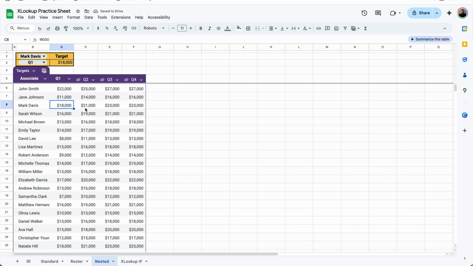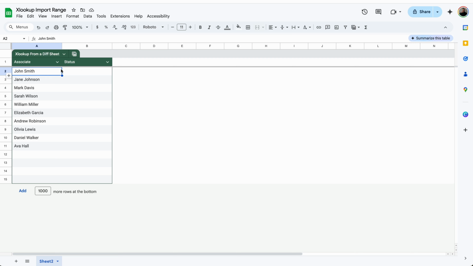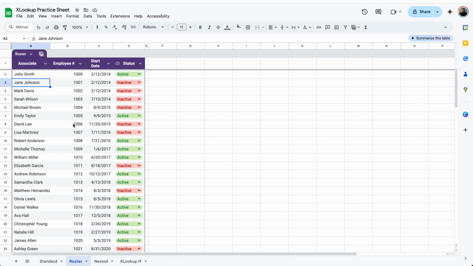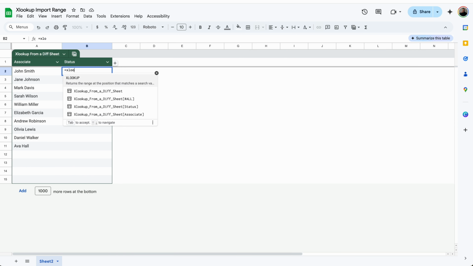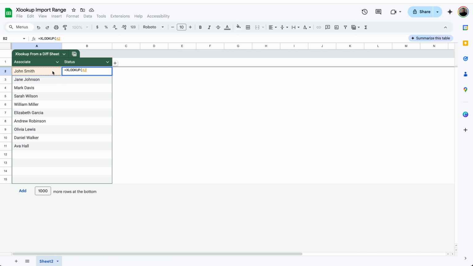And we'll show you exactly what the value of the cell is at those crosses. So that's a nested XLOOKUP formula. So let's say we have John Smith, we want to find out its status. Its status is actually on this spreadsheet over here in my roster. So a lot of people would just copy and paste and look up things, but we're going to do this better. So I'm going to go back to my other spreadsheet and type equals XLOOKUP, select associate,